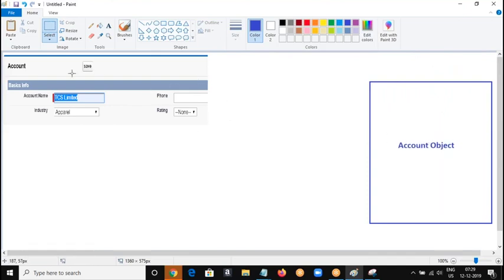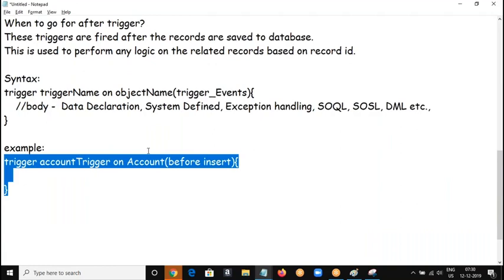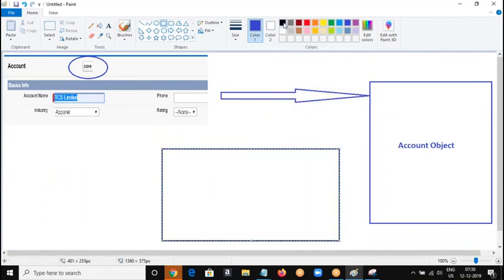Right, this is my account object, and the user clicks on this button. So what will happen? Normally, the record will be inserted into the database. Okay, but if you have a trigger,